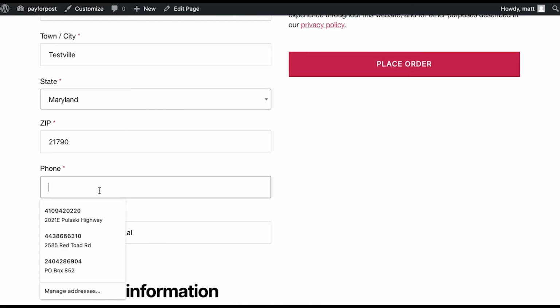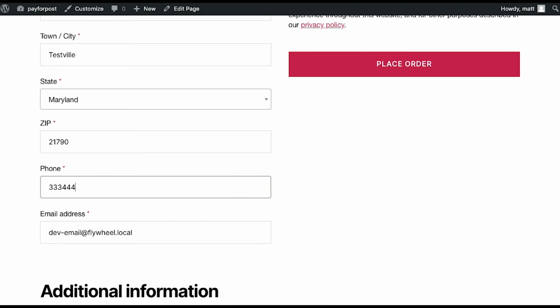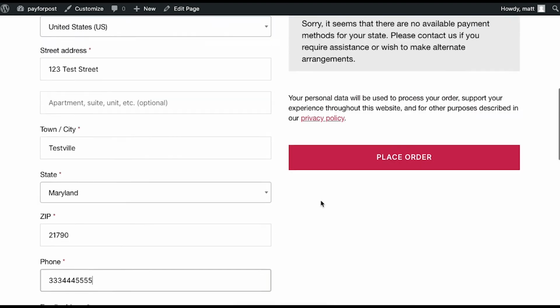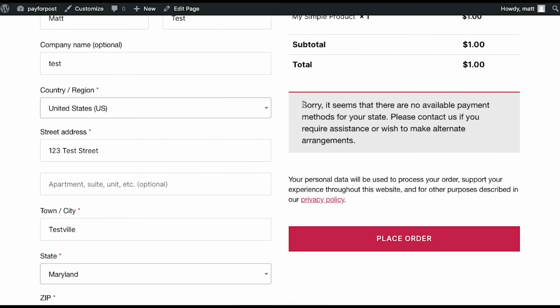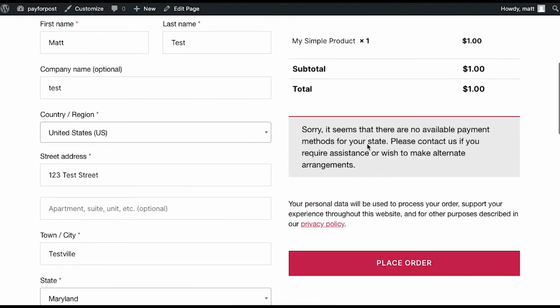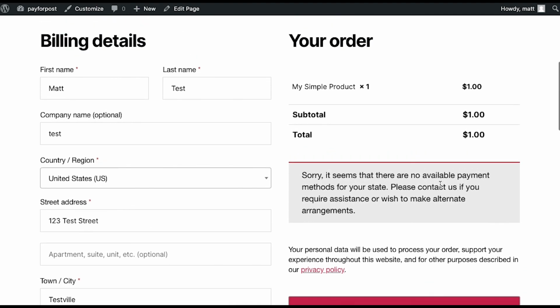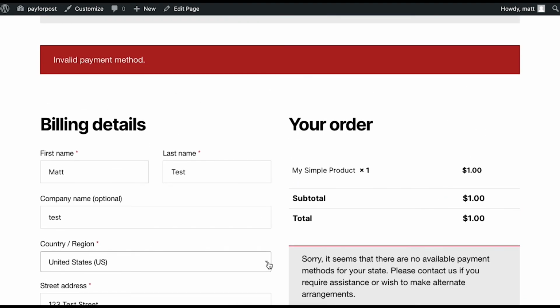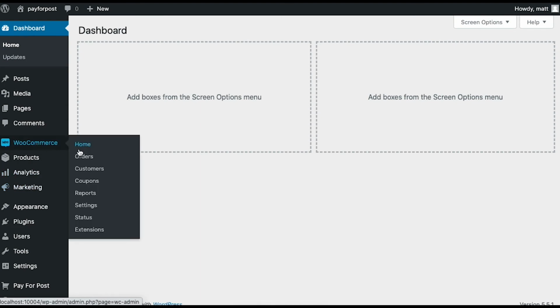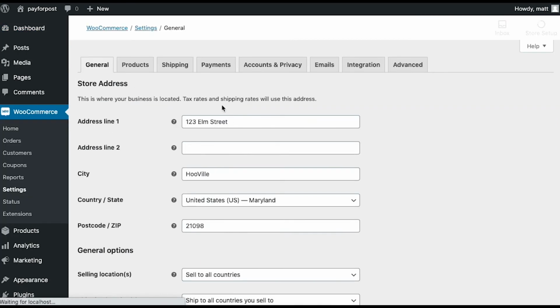I don't have any payment methods set up. So once I place my order, all right, I assumed that I could still place that, but real quick,